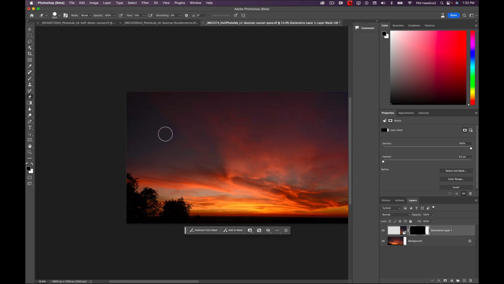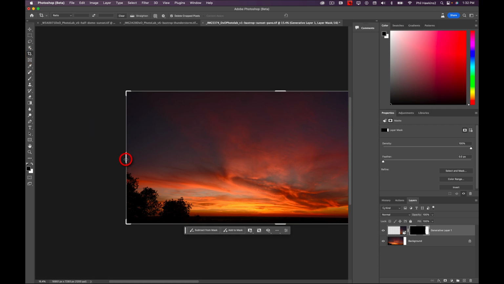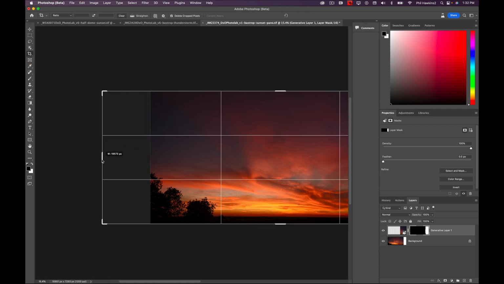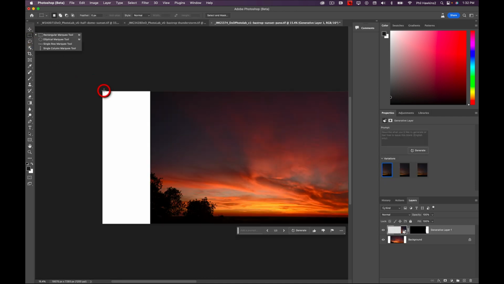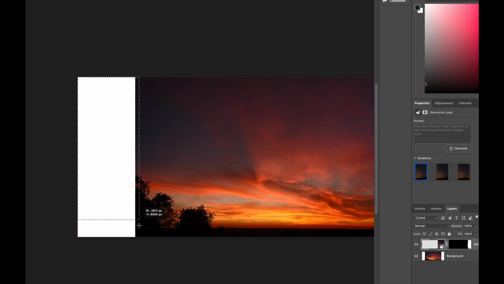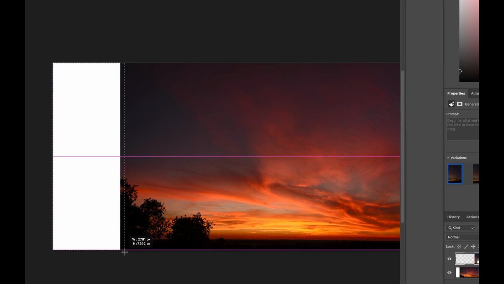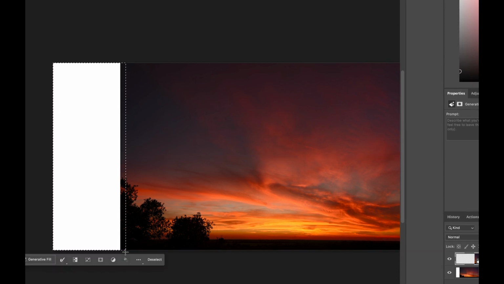Now I'm going to really blow your mind. I'm going to get the crop tool again, come over to the left side of the image. I'm going to pull this over. I'm going to go get the rectangular marquee tool, do all this again, and we're going to lay a selection in right here, and once again we're overlapping into the image ever so slightly when we make this selection. We let go, we hit Generative Fill, then we hit Generate,